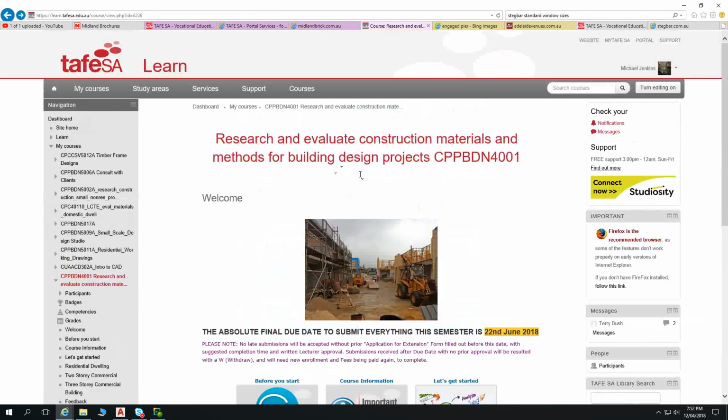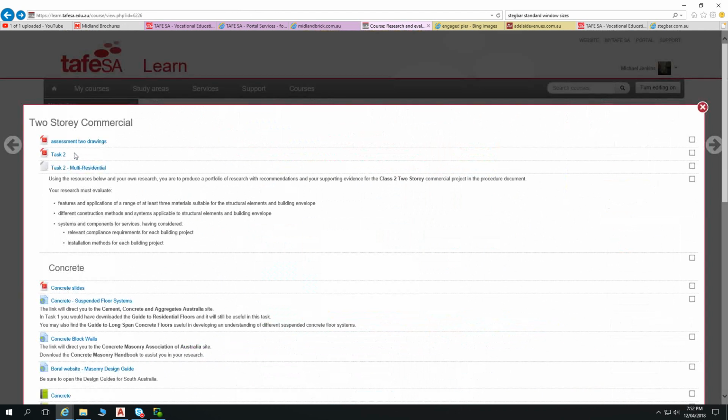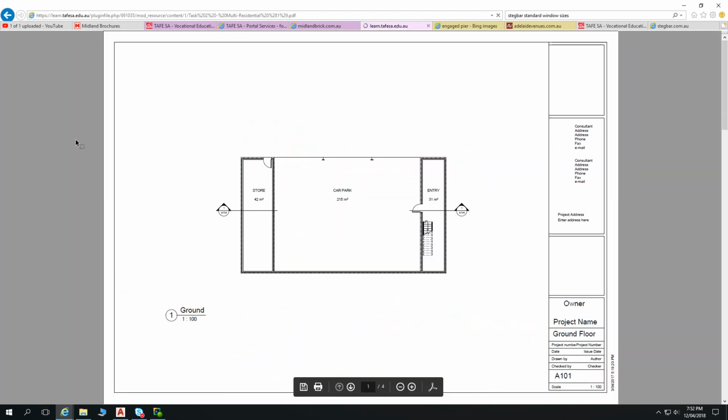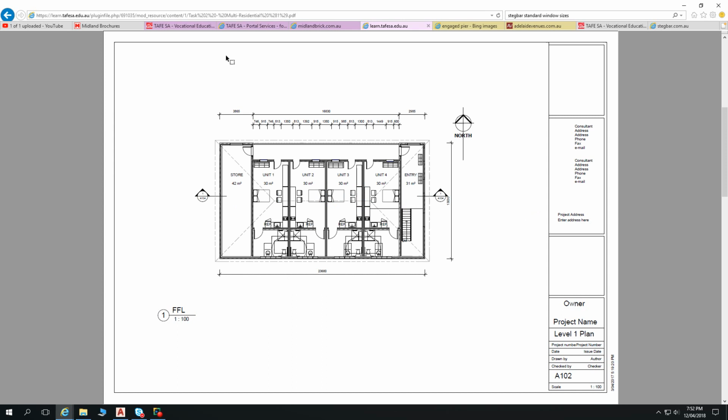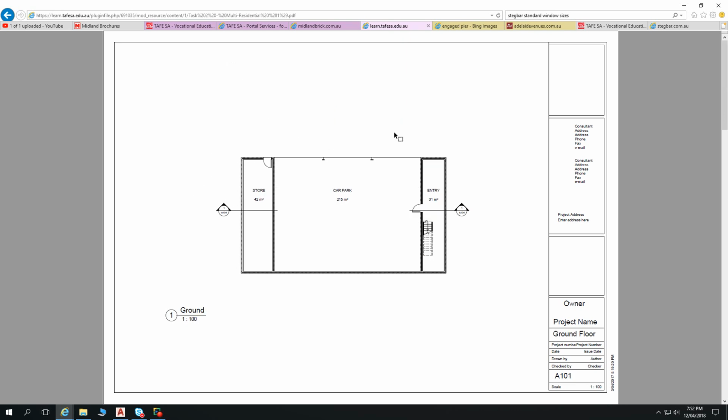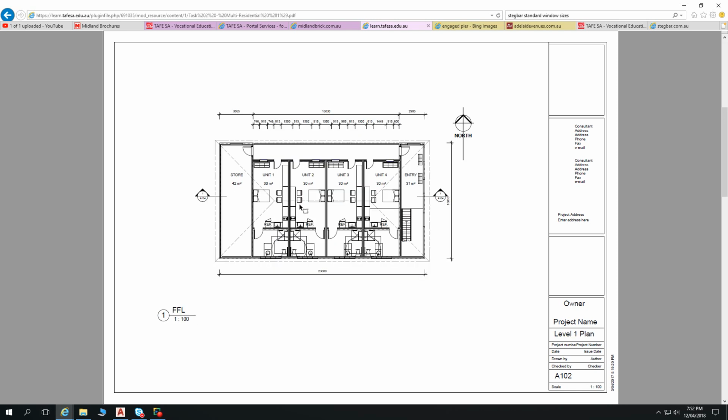So I'll bring up the building drawings. The Assessment 2 drawings. What we're dealing with in this one is, I think, a relatively poorly designed multiple residential building. But that's beside the point, we have a lower floor, which is a car park, and then an entry off that car park,